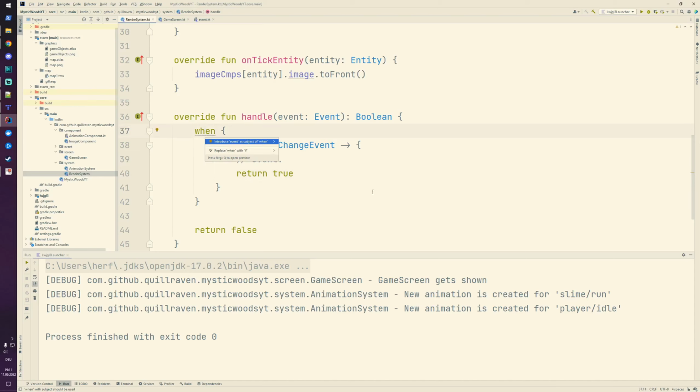When with subject shall be used. Okay, so that's even cleaner. Perfect. Thank you, IntelliJ. So what we want now in our render system is that we want to render the